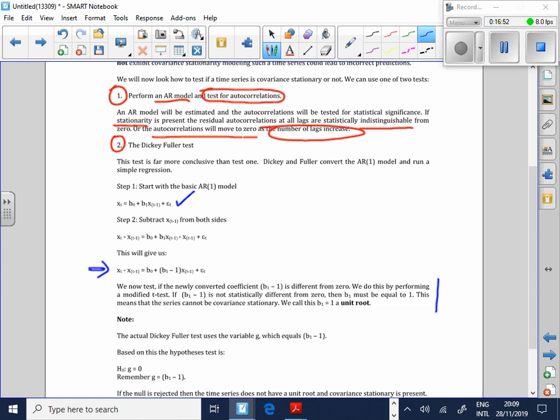And what am I looking at? Because remember, where's my problem going to be? My problem is going to be if B1 is equal to 1. That's a unit root, isn't it? Because if B1 is equal to 1, then my mean reversion, I'm dividing by 0. Am I right? Because what's on the bottom? B1 minus 1. Who cares what's on the top? Well, it's B0, but what's on the bottom? B1 minus 1. Now, if B1 is equal to 1, I've got a problem, am I right? That's what I'm testing for. If that is equal to 1, then I've got a unit root, then my data is not covariance stationary.